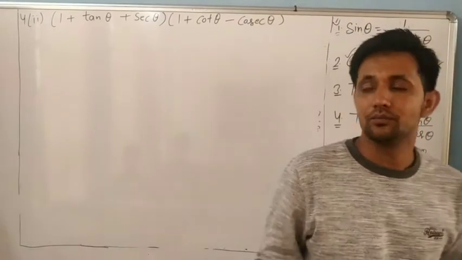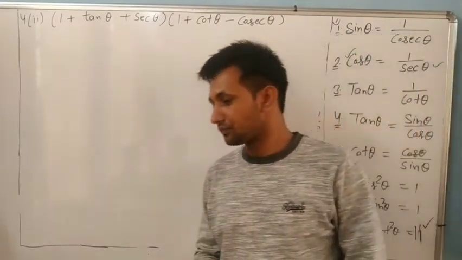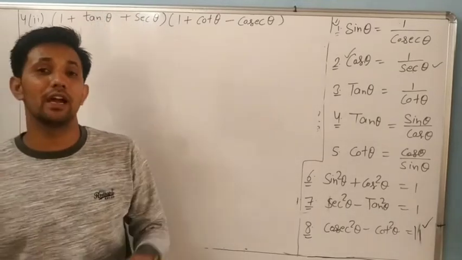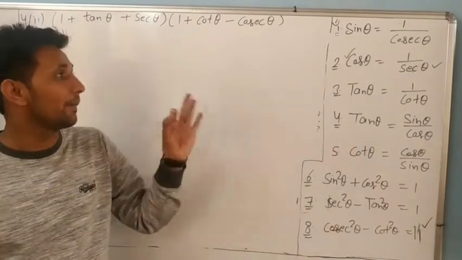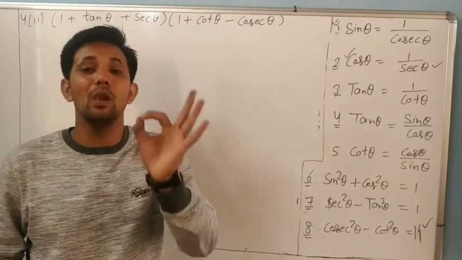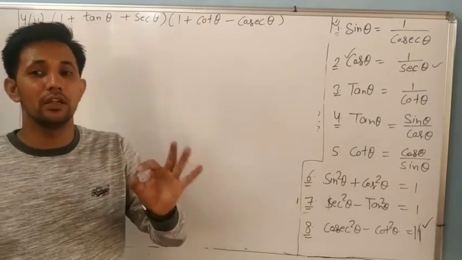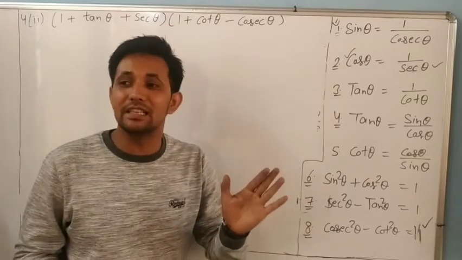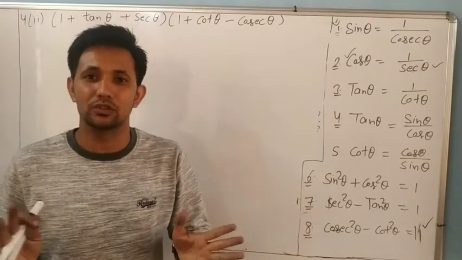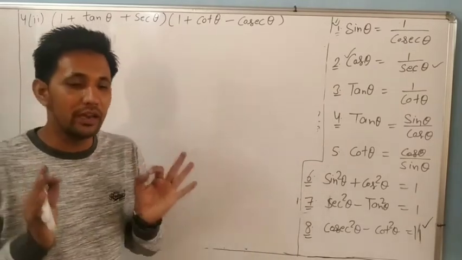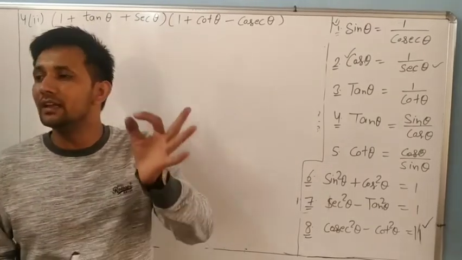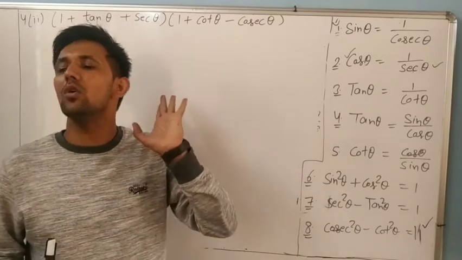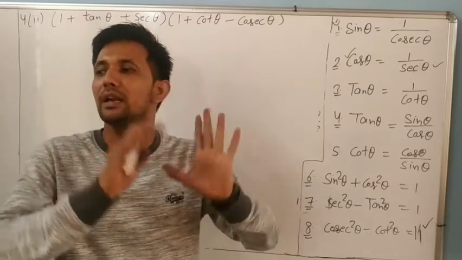Now dear, most of the questions, 99%, we will do by the same method. And the method is that always, listen carefully, always we will change to sine or cos. Okay dear? Every trigonometric ratio we will try to change into sine and cos, and then it is very simple dear.